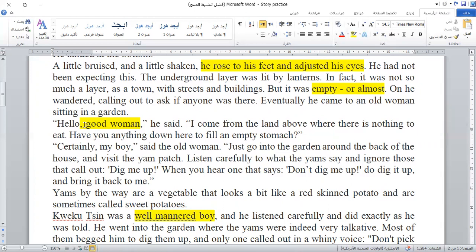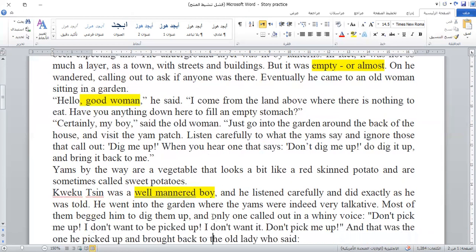Here it is indirect. I understand from the way he says, "Good woman," and the way he asks for food, that he is a well-mannered boy. So this is an indirect clue, and this one is a direct clue, and we'll come to this later, inshallah. We'll mention a couple of examples.